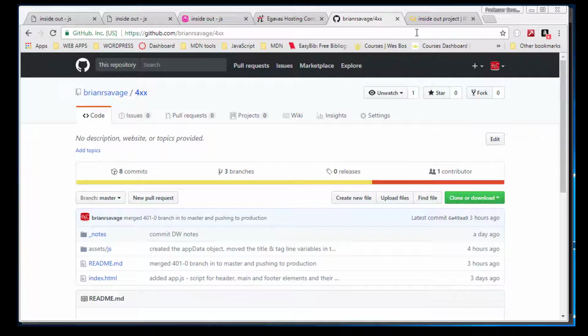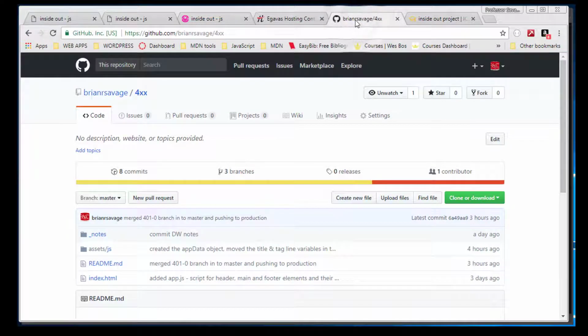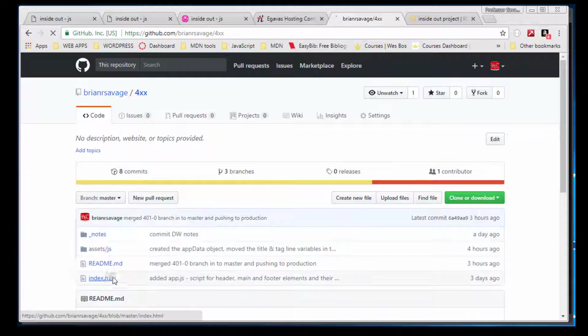Let's make sure our environment's set up. First thing we want to do is make sure that the homework is open, your homework page, so you have a reference point. You should be working out of here. And then we want to go to GitHub and just make sure that everything looks good. We have our last branch, our